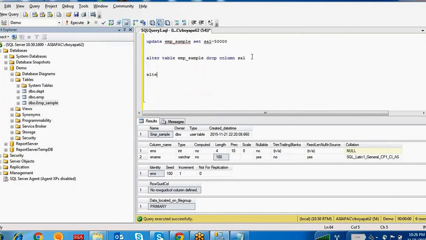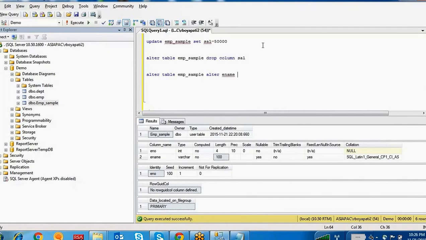Right, alter table emp_sample. You have to write alter again. Which column are you going to alter?